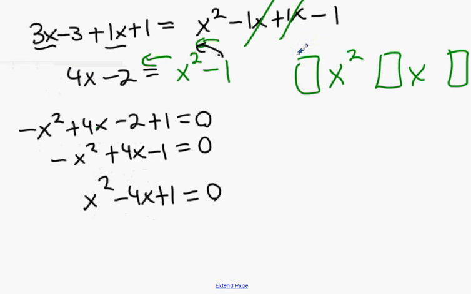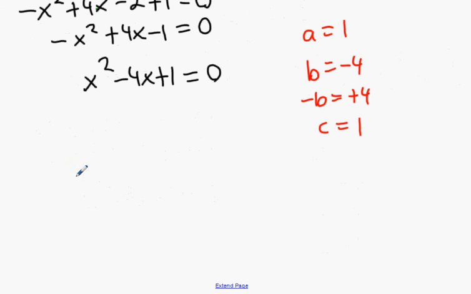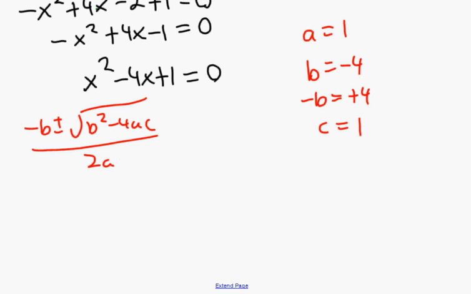So the minus b formula this time, guys. A equals 1, b equals minus 4, so minus b is plus 4, and c equals 1. I do b and minus b together. So minus b plus or minus the square root of b squared minus 4ac, all over 2a. So what we're going to get here is minus b is plus 4, plus or minus the square root of